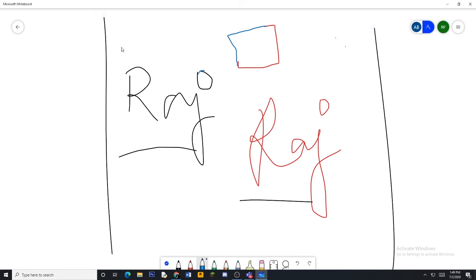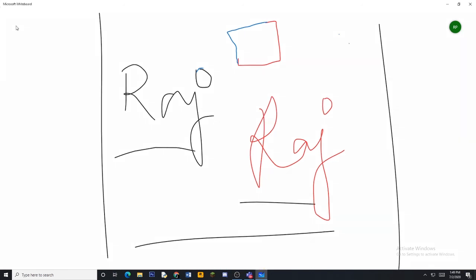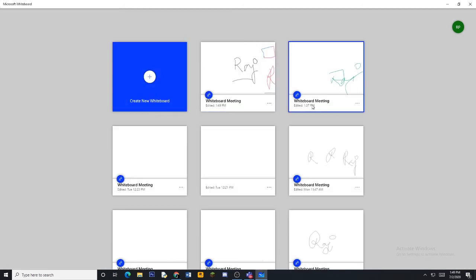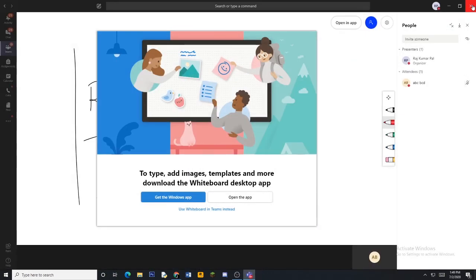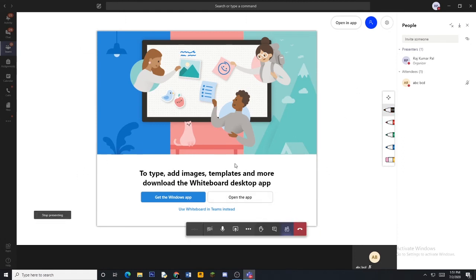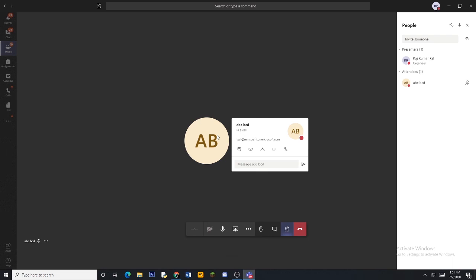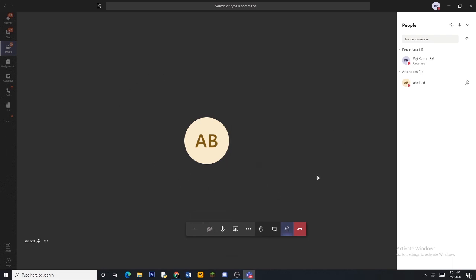So this is your whiteboard. So what I can do is I go back. See, all these get saved. So I can close my whiteboard. Okay, now I would like to stop presenting and go back to my Teams dashboard. I say stop presenting, so the presentation will stop. I come back to my Teams. Now you can carry on with your lecture without the whiteboard, right?